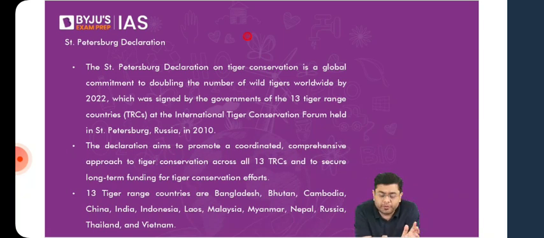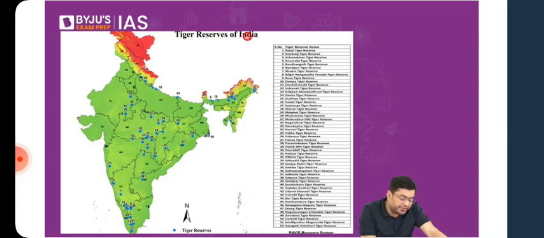Now here, when we talk about the tiger reserves, if I tell you the areas of spread, you will observe a significant amount of tiger in the Shivalik region, in the Shivalik and the plain areas. That is where you will find the tiger population to exist. Okay, so here, for example, you have the Corbett, you have the Rajaji Tiger Reserve, you also have the Dudhwa Tiger Reserve, then you have Pilibhit Tiger Reserve, here you have the Valmiki Tiger Reserve, Buksa Tiger Reserve. So these are the tiger reserves.